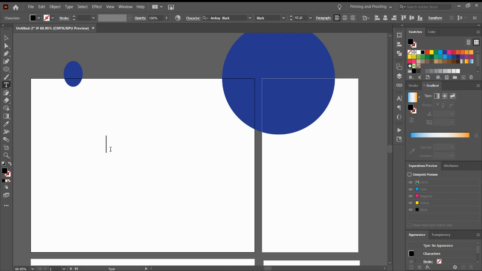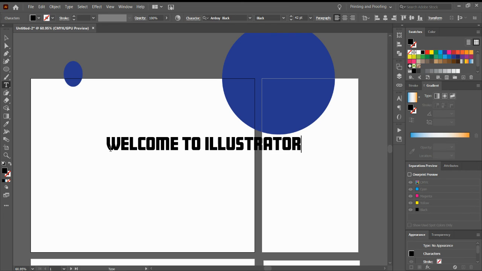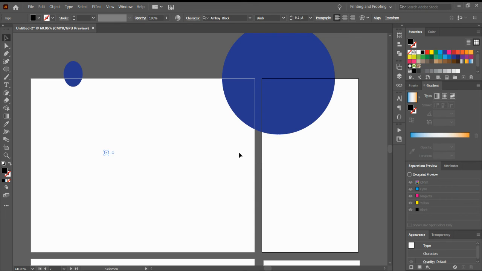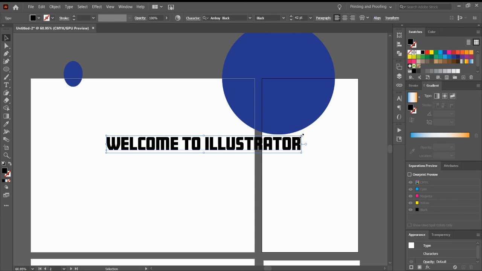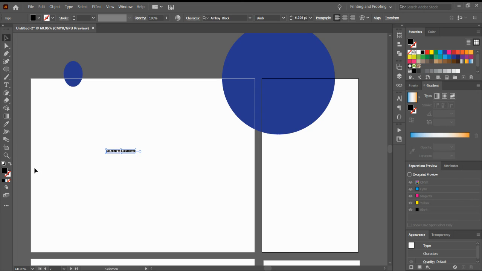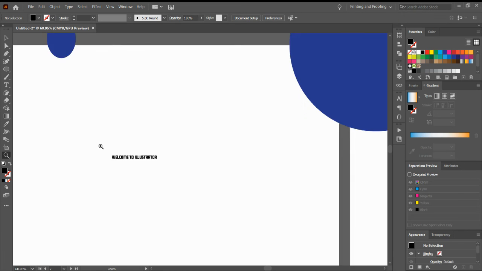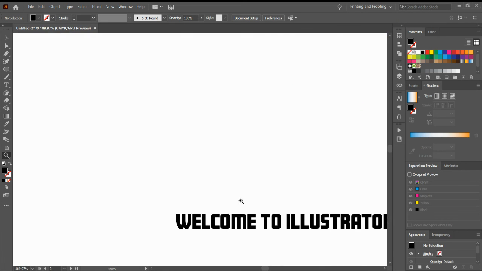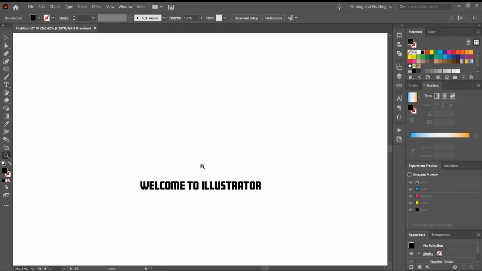Suppose you want to increase the size of a certain area, you can simply use your zoom, right? So guys, this is the properties panel, which I'm going to take up again in my next lecture.